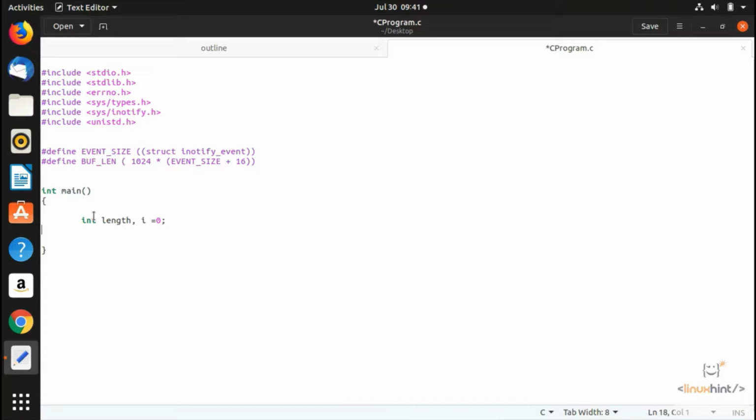We'd use that later. I can also define the other integer variables as fd, and I can also define wd,